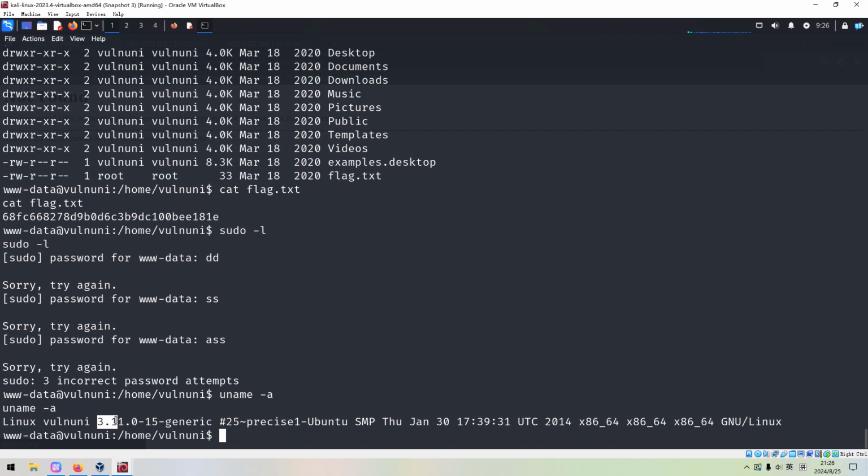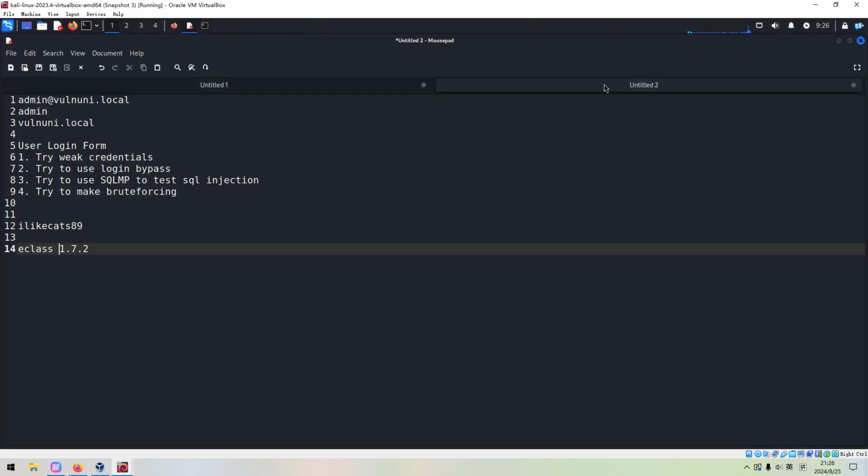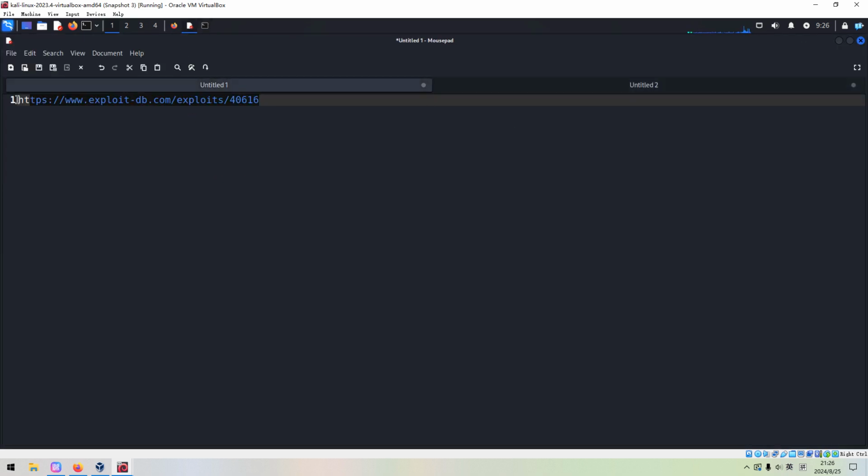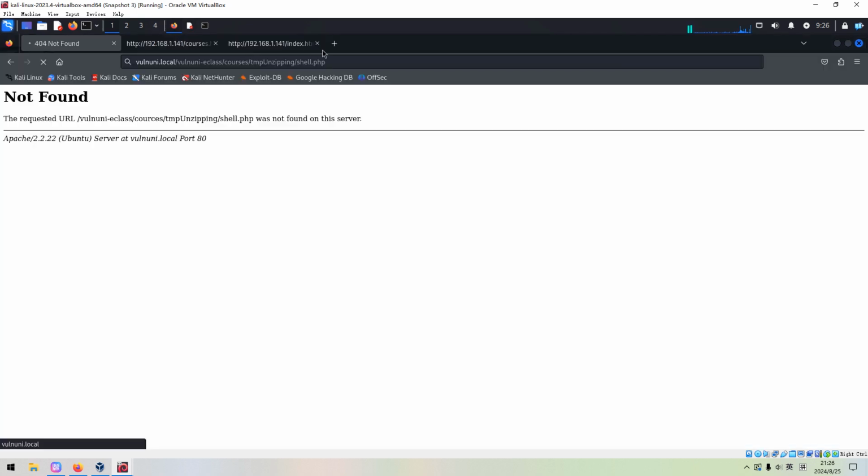However, this version, I must admit, is very old, and it is vulnerable to the Dirty COW vulnerability. Of course, I've already got the link, this one, and copy.